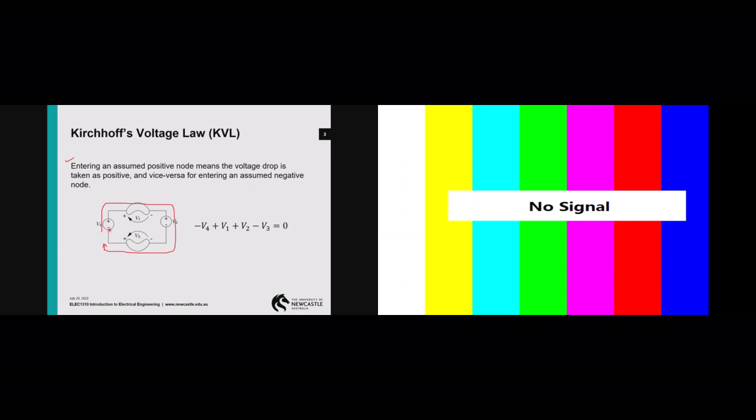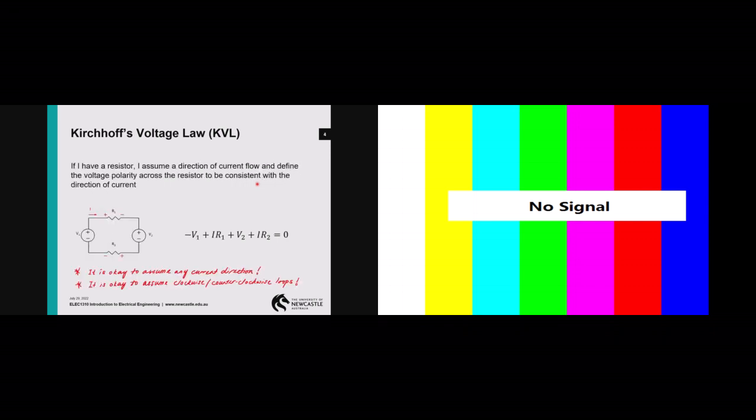Okay, moving from here, negative first, so negative V4, positive first, so positive V1, positive once more, positive V2, negative, so negative V3, and we have it equals to 0. Okay? Very straightforward. Right? So now, I'll go into one of the actual questions that you might see in your